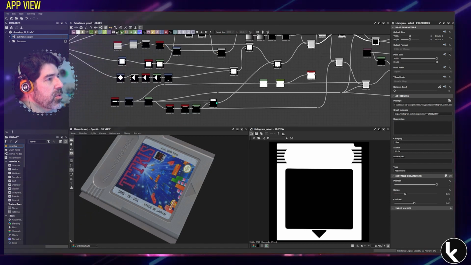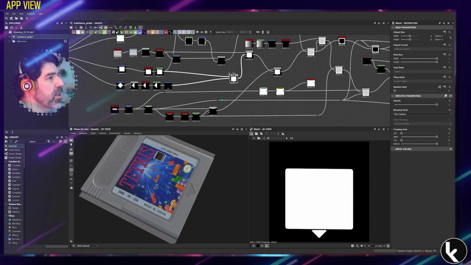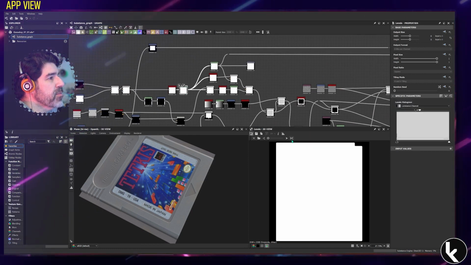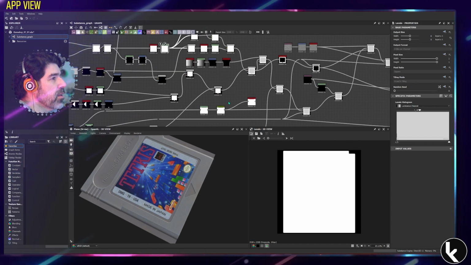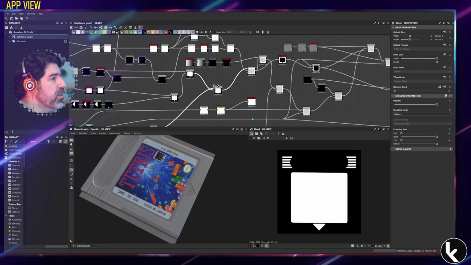So I have the capsule, the stripes, the label, the triangle, the border, everything combined ends up with this,